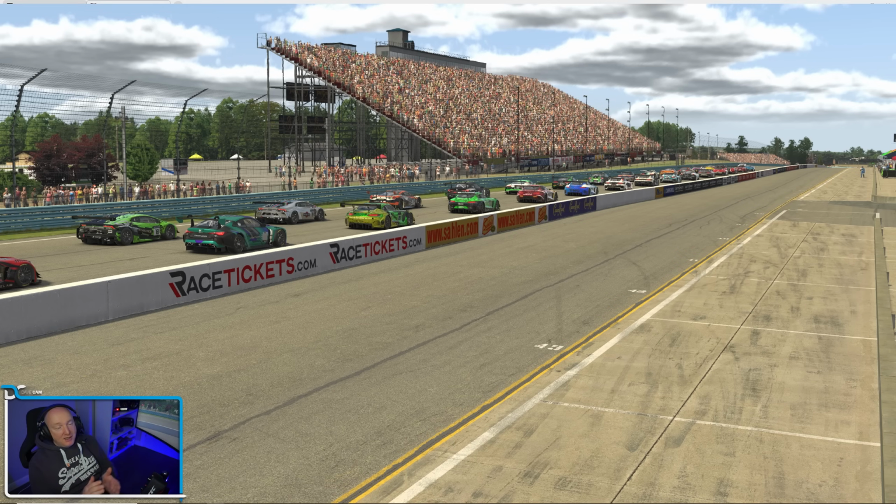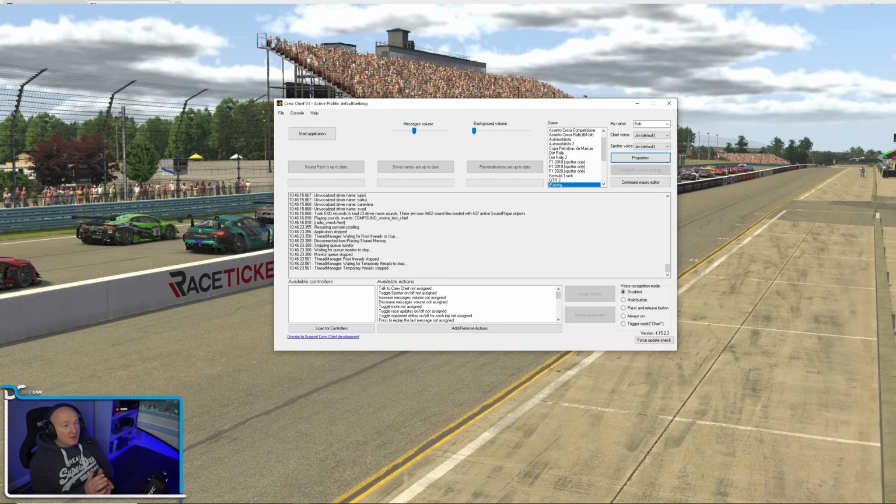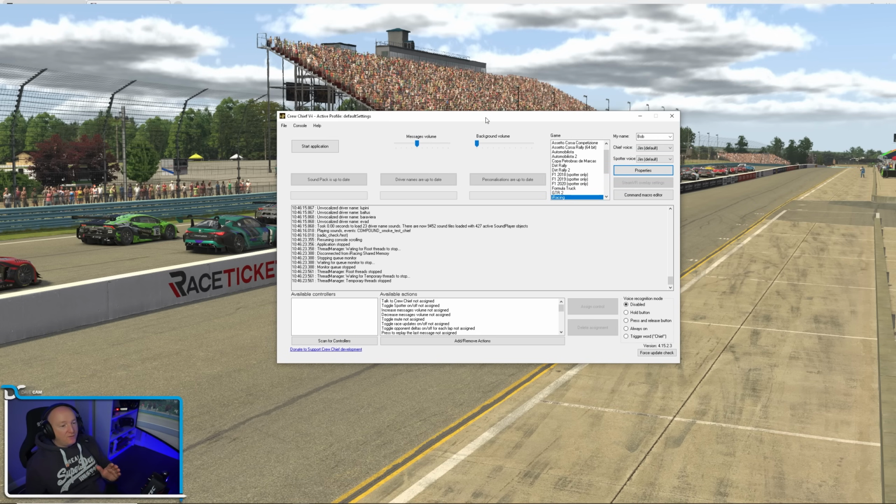But there's a really, really easy way and it involves a piece of software that we've just installed. And that piece of software is Crew Chief. Now, we've just installed it for the spotter, but you can also use this for your fuel and it will do it all automatically. You don't have to worry about it. So to set up the fuel calculator in Crew Chief, you can set up push to talk, voice activation, all that kind of stuff,